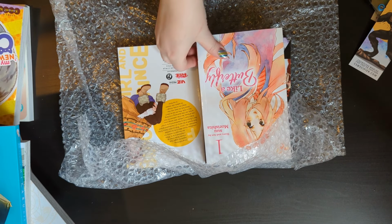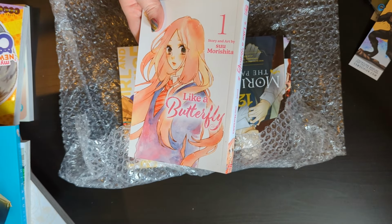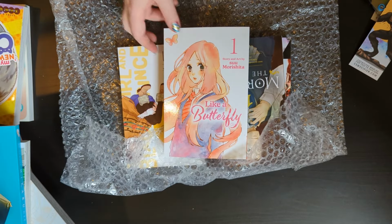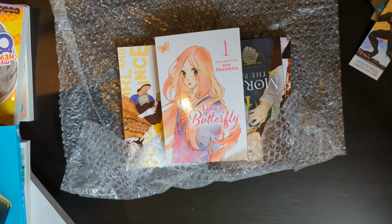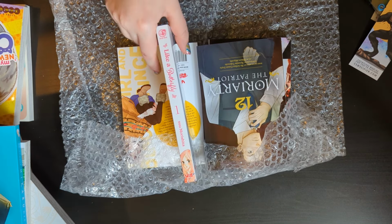And speaking of volume 1s, we have Like a Butterfly volume 1. Now I think this is the same manga as Sign of Affection and Shortcake Cake. Now I am very unsure about this one because I've already heard some people say it's not the best. And personally, I really did not like Shortcake Cake, and Sign of Affection I do enjoy more, definitely more so, especially the spines. The spines are like best spines ever with that rainbow pastel gradient. Oh, I'm definitely very, very nervous to go into this one, so this might be another one I try reading